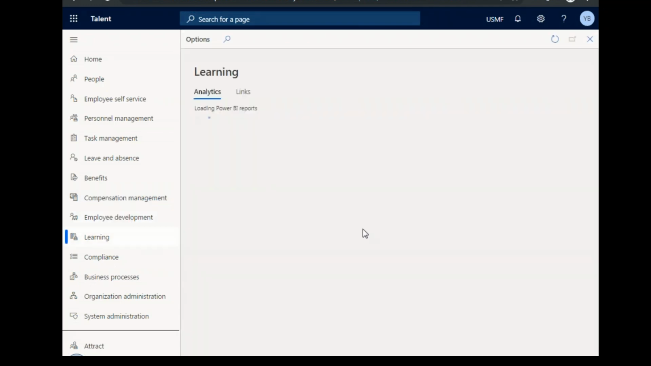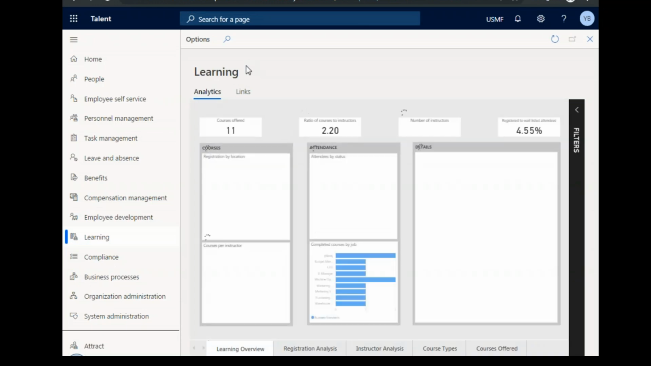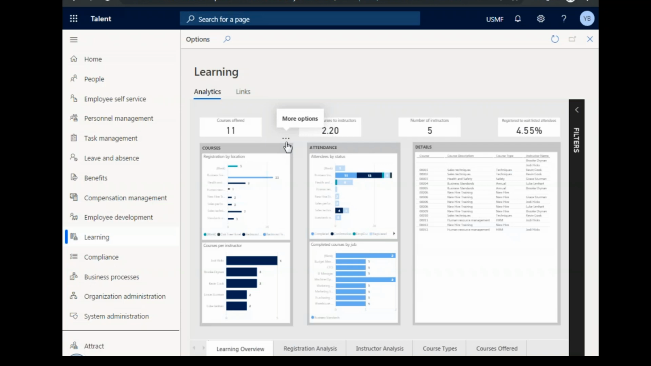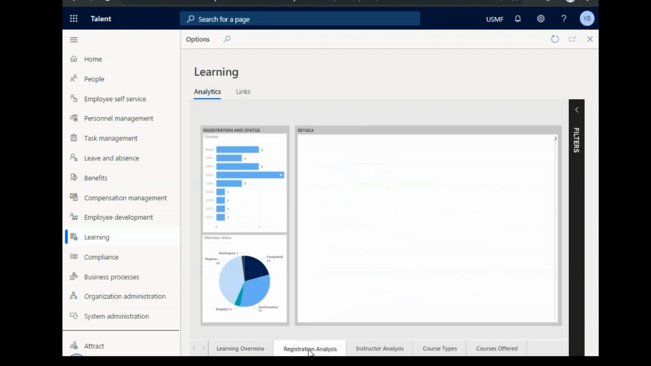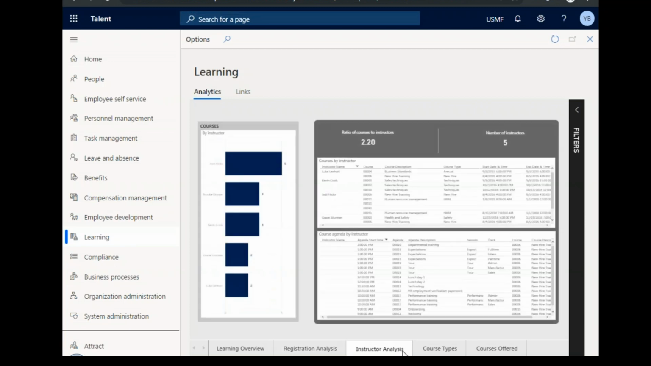Coming on to the learning section. Learning basically helps HR to manage the courses. There are a lot of logistics and management issues which HR faces, and Microsoft has done a great job in how easily you can manage the courses and the course participants and other associated logistical requirements around it. This analytics provides you the information of how the learning is going, giving you a picture of how the learning is being undertaken in your organization, like learning overview, how the registrations are, the instructor analysis, and other